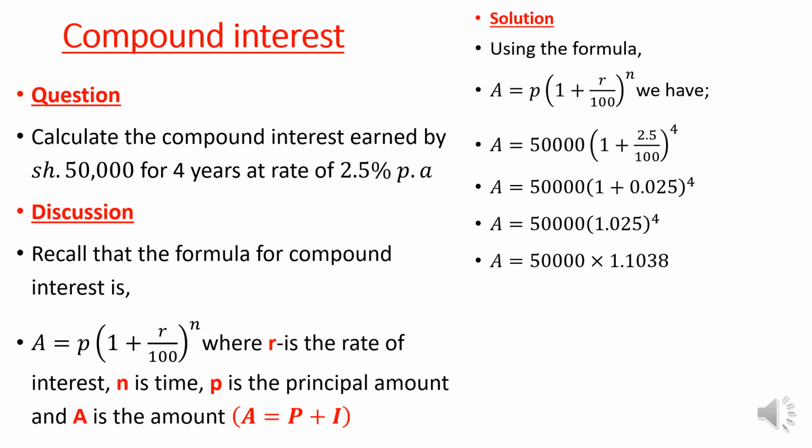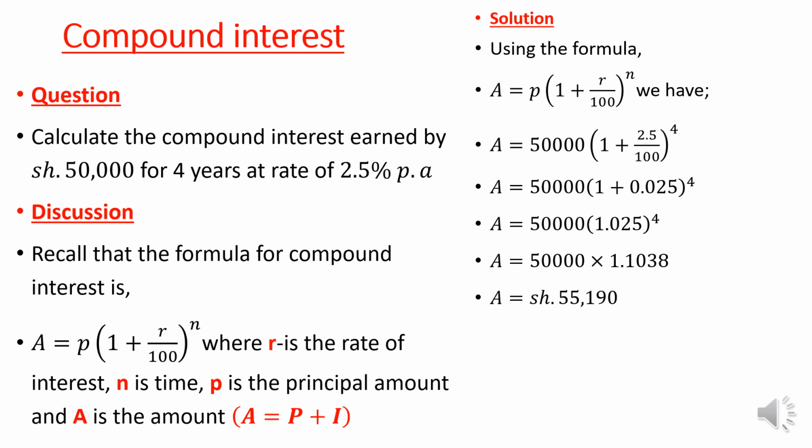Now we can simplify it further by taking 1.025 raised to 4, which gives us 1.1038. Lastly, we multiply the two, that is 50,000 multiplied by 1.1038, and that gives you